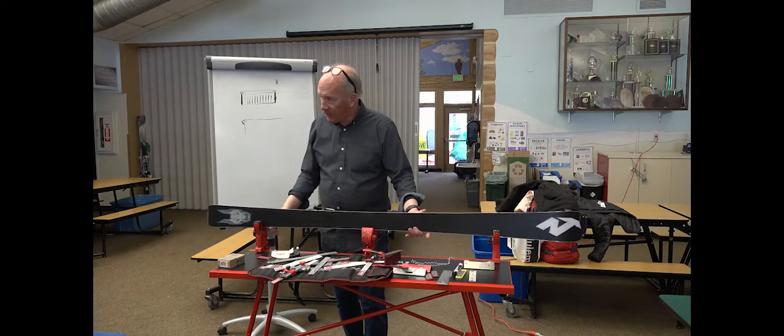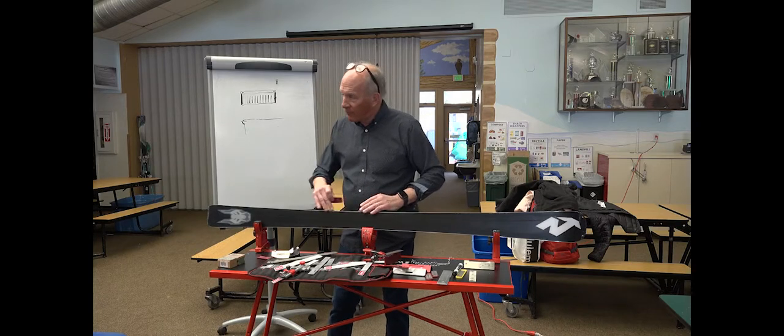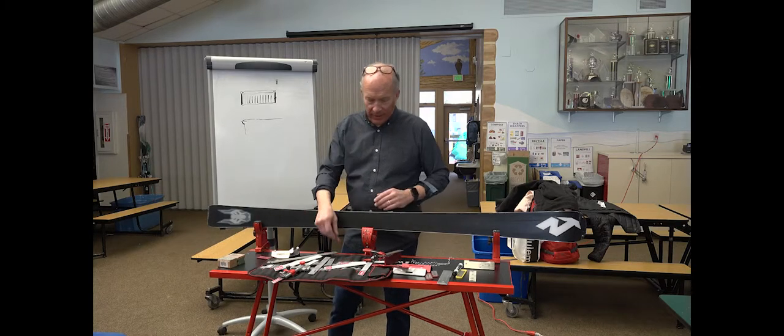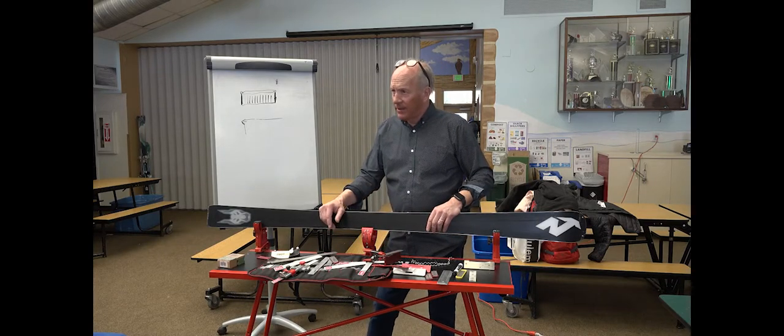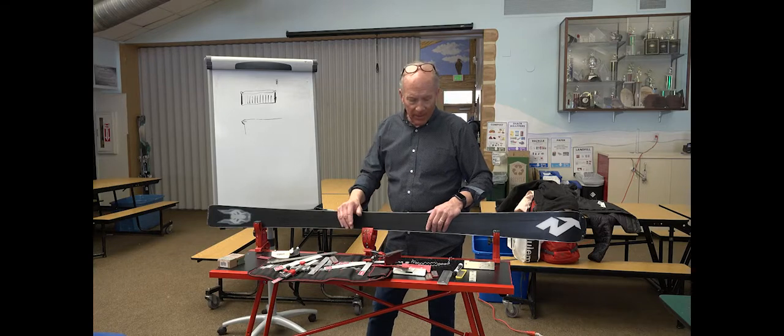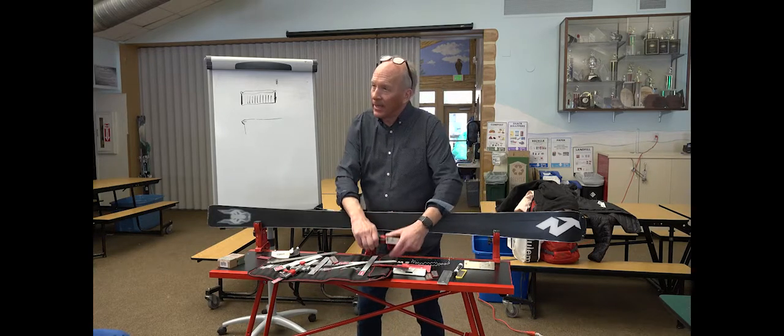So we do our side edge, and then I like to polish this to get rid of the burr on the base edge, and I use a 600 grit. The best stones are a brand called Moonflex. If you can find Moonflex stones, they're absolutely the best diamond stones. And then these ceramic stones come from a place in Golden,